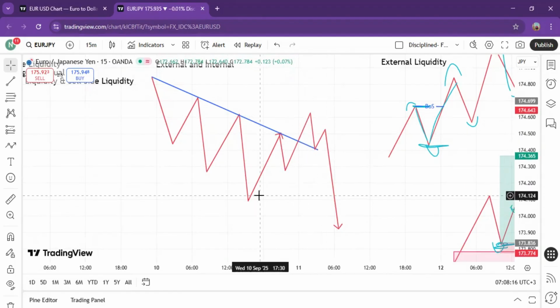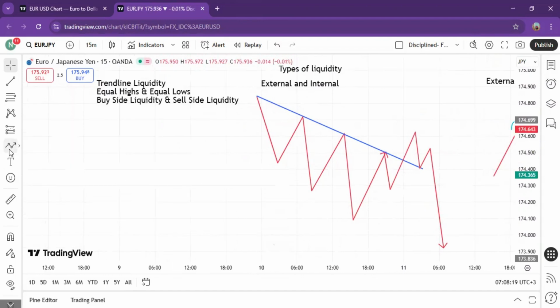So that usually happens in the market, and the opposite is also true when you have the market